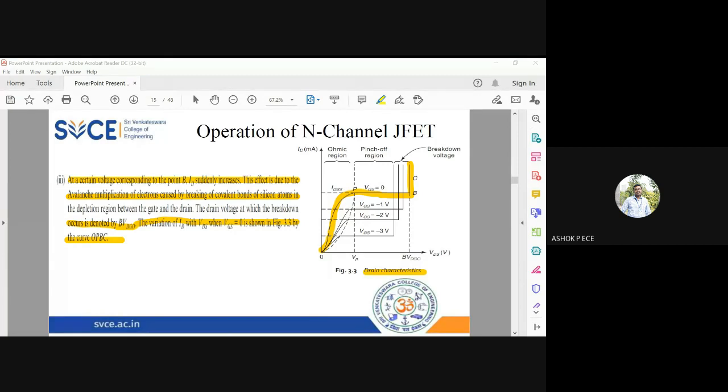In the same graph, can anybody say what was it in BJT? In BJT, how did we get this graph? Can anybody compare and say what is the difference between BJT and JFET? In BJT also we got the same graph, right? The collector current will increase, then it will be constant. Can anybody say what is the difference between that graph and this graph?